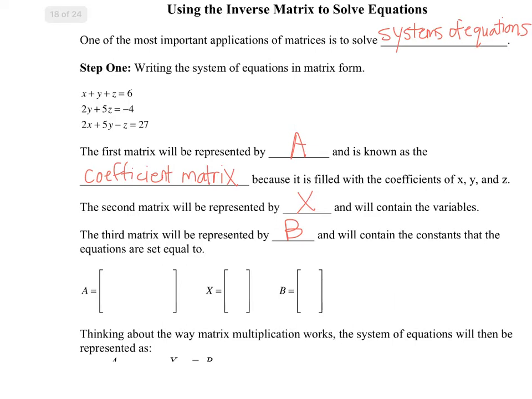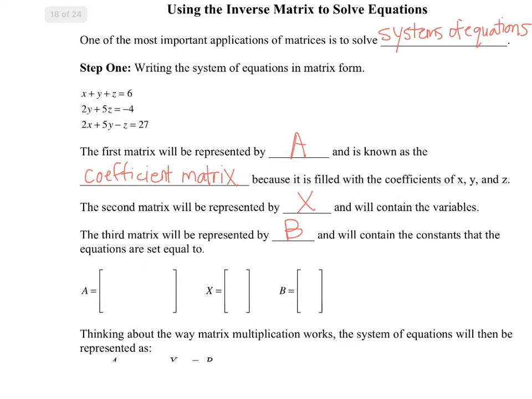We always use capital letters to represent a matrix. It distinguishes them from the lowercase letters we use for variables. So, capital A, or the coefficient matrix, will be the coefficients of x, y, and z for each of the 3 equations. So we'll have 3 different rows with 3 columns: the coefficient of x, the coefficient of y, the